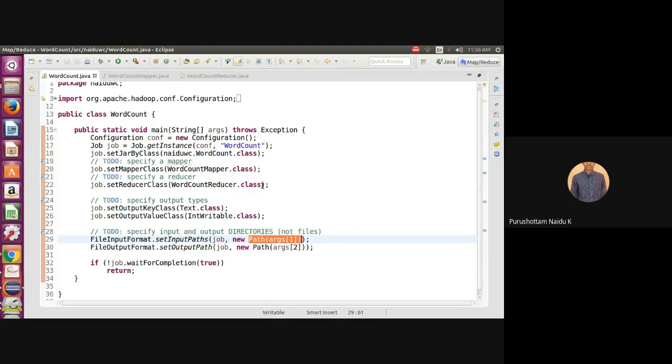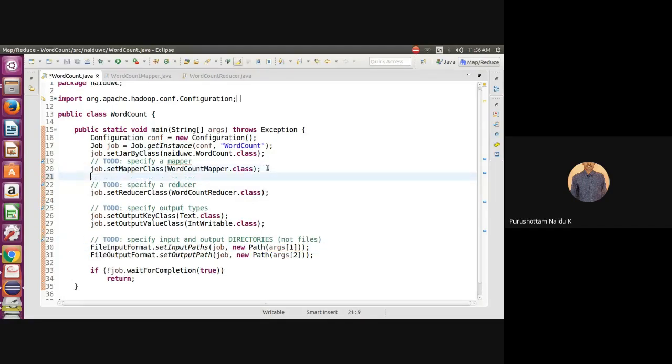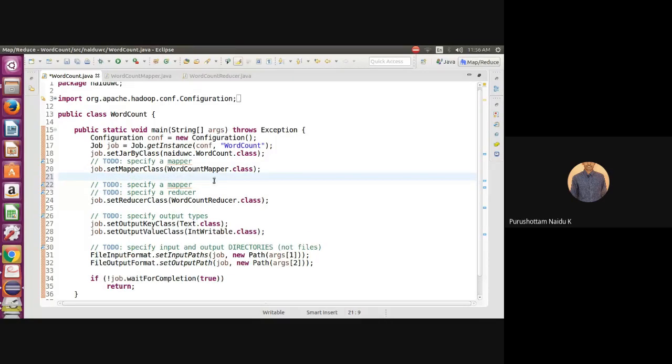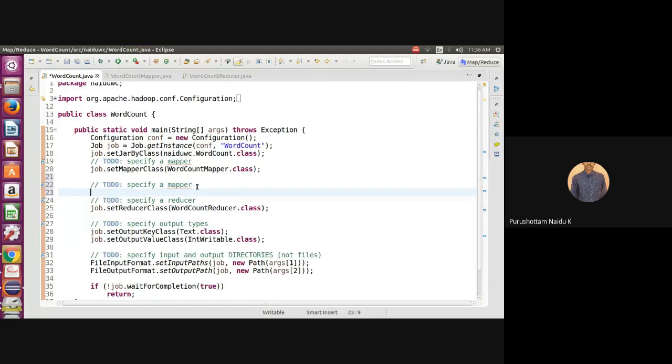To this driver code, I have to add one more statement. We just have to specify the combiner class, in between mapper and reducer.